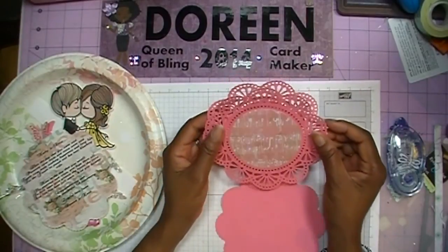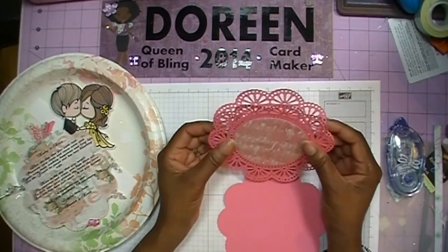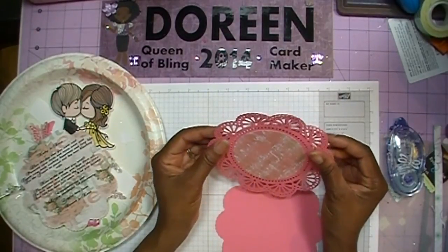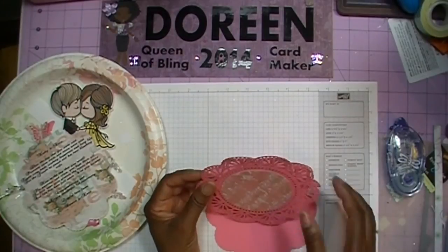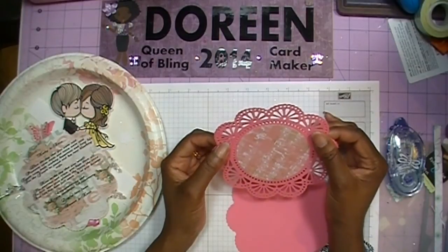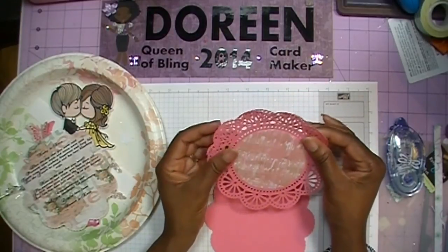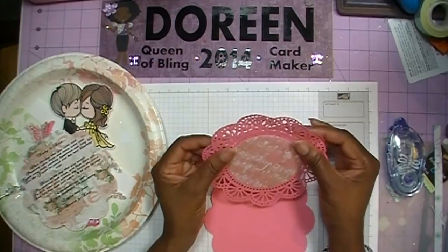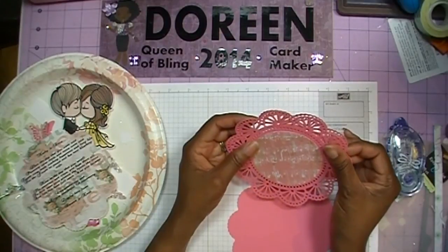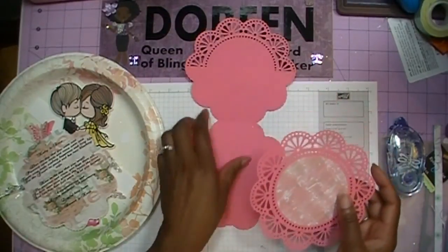So this is going to sit, and we want to make sure we get this lined up properly. So I probably should have done my top layer there a little different. You want to make sure you line up those circles. And I lined these up once before, and I should have marked it when I did it. So let's see here. Okay, so now what I'm going to do is